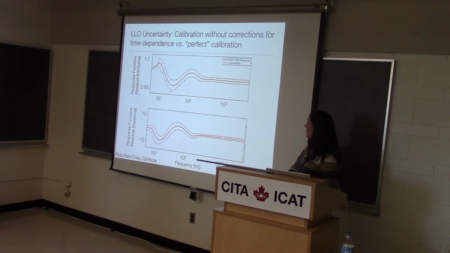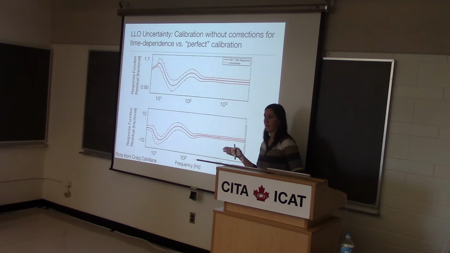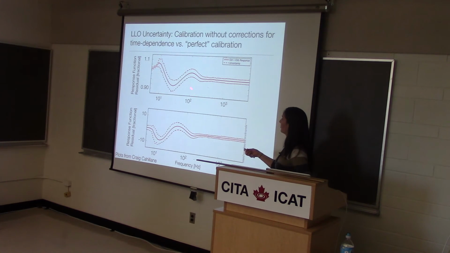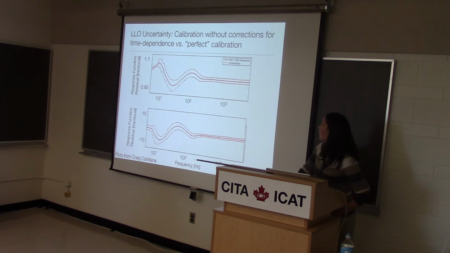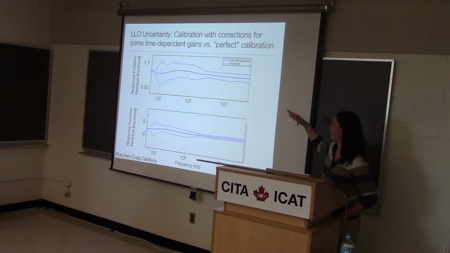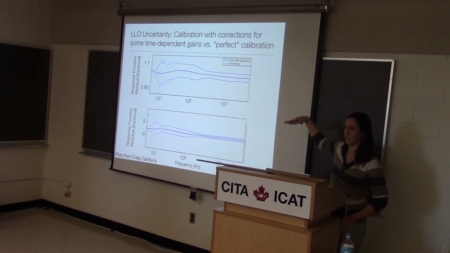But then, the other reason is because at Livingston, we did not do any of the sign flips to discharge the bottom test mass. So as I mentioned before, that TST gain has now gotten up to the 10% level. And this is not compensating for it at all. And then once you compensate for it, you see that this is now including that compensation as well as the compensation for the